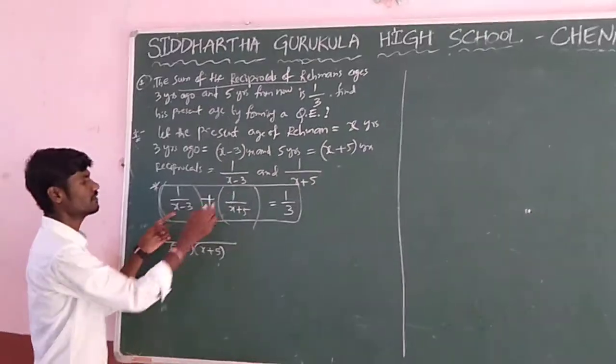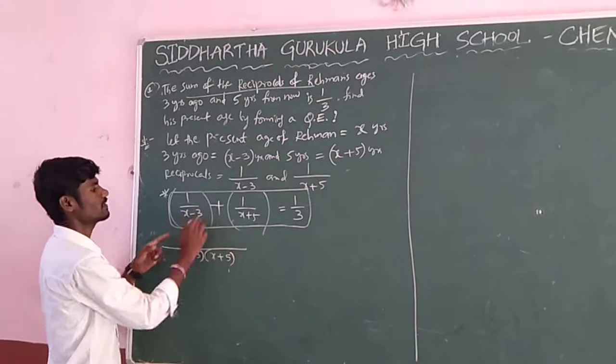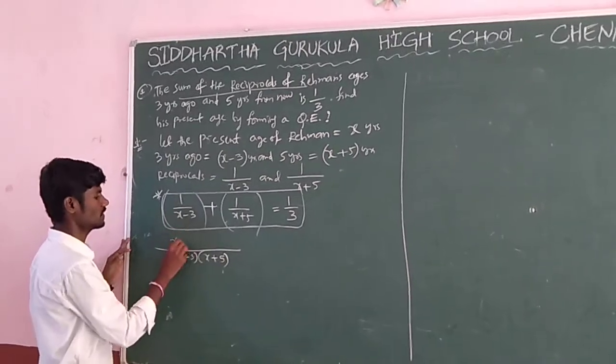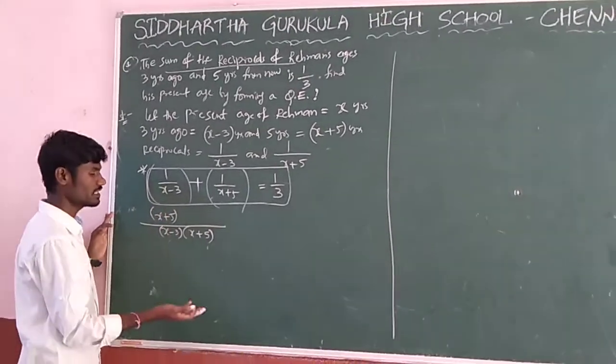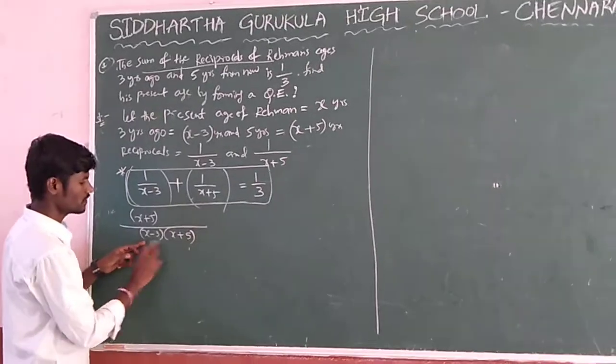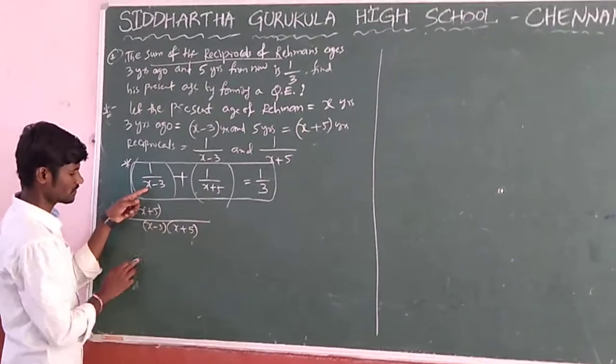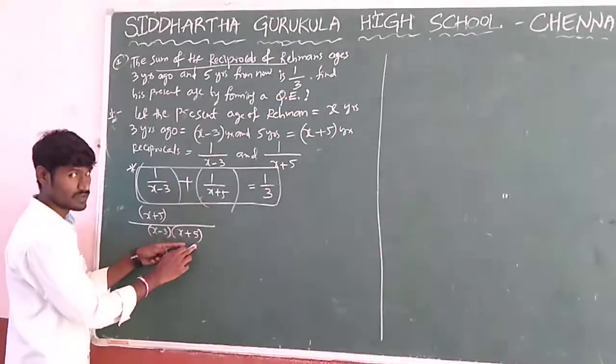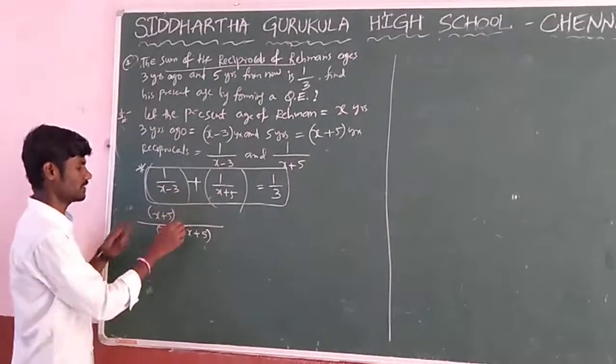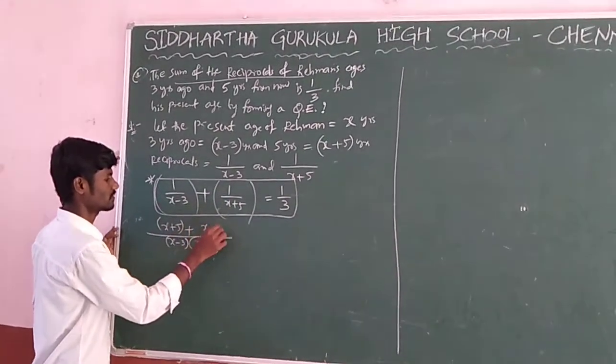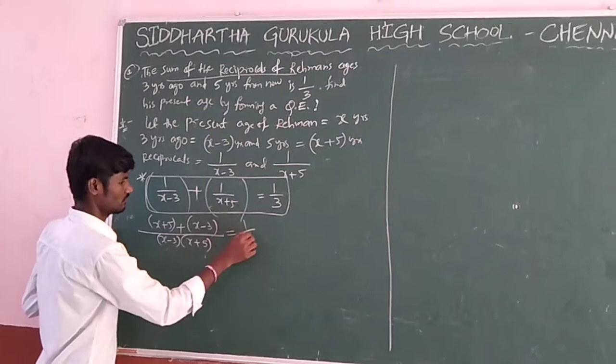Directly you may take it by cross multiplying like this, the numerator will be multiplied. So x plus 5 into 1, because after taking the LCM, the total LCM divided by the denominator x minus 3, x minus 3 is eliminated, and x plus 5 you will get into the numerator like that. Here also, in a similar way, x minus 3 equals 1 by 3.